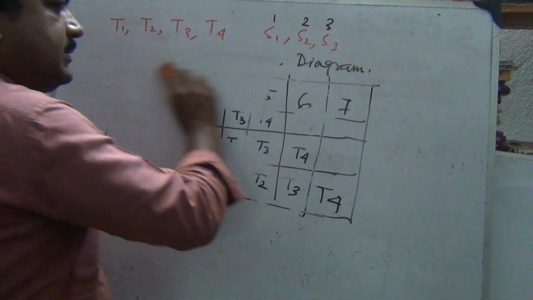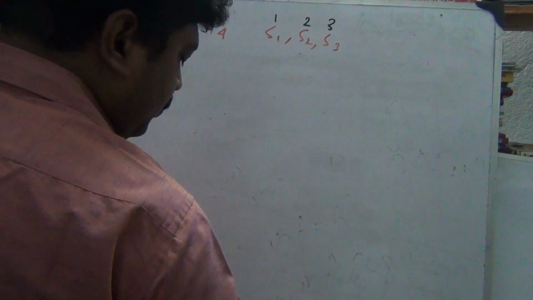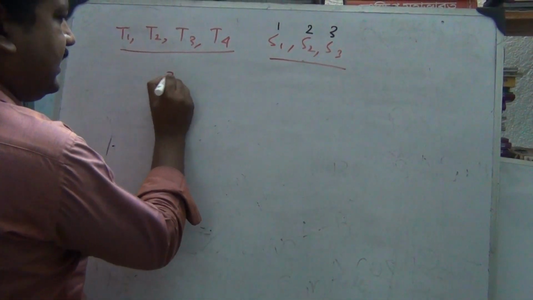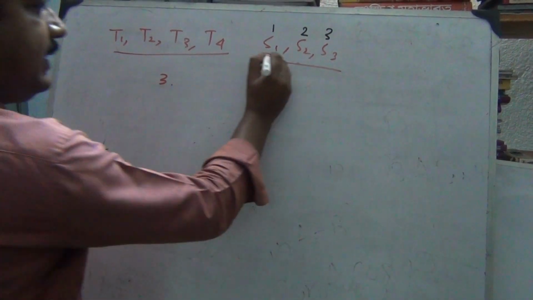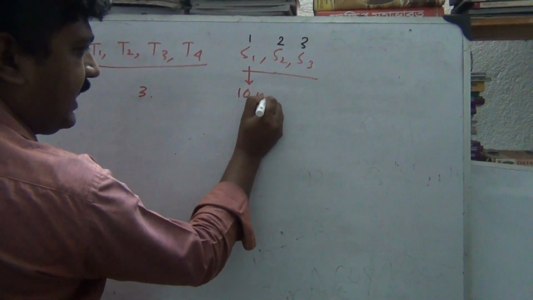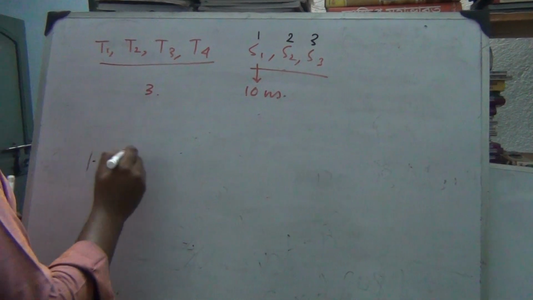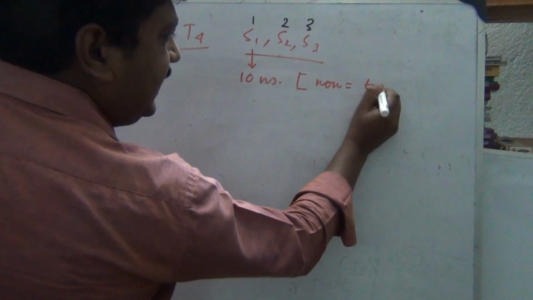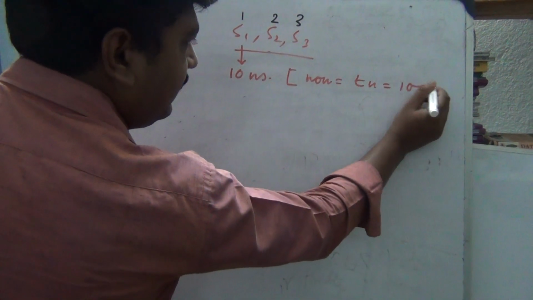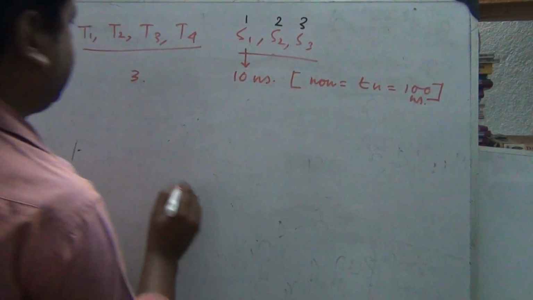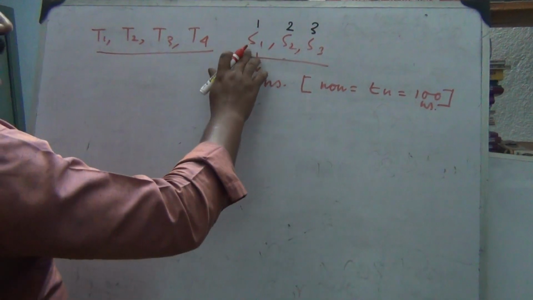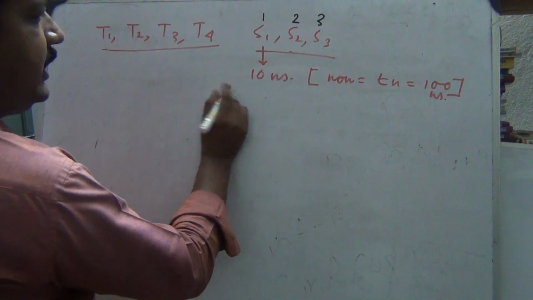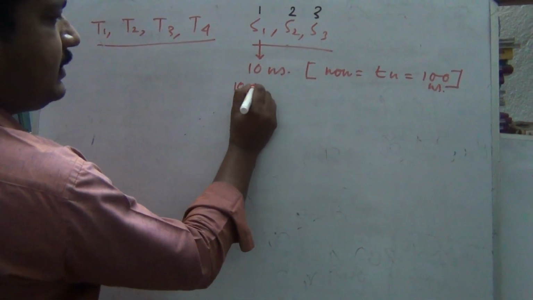The purpose is, suppose we have three segments, and each segment takes 10 nanoseconds, and for non-pipelining Tn is equal to 100 nanoseconds. So yes, T1 is completed in how much time? T1 is completed in 10